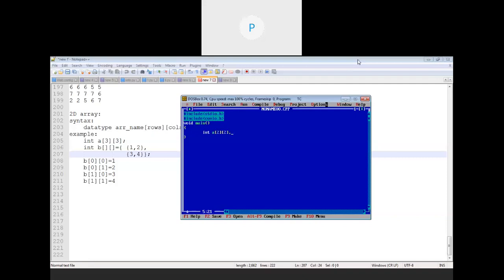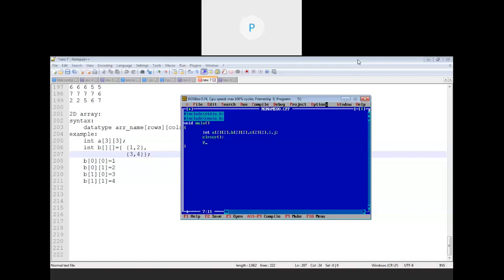Then another thing: once those three matrices are declared, after that I need to take the user input for two matrices. So let's declare them first. Now after declaration of the matrices, you just have to declare two more variables, that is i and j, one for rows, another for columns. It's not that because I have taken three matrices, I have to declare six different variables. Those two variables can be used repeatedly for all three matrices.